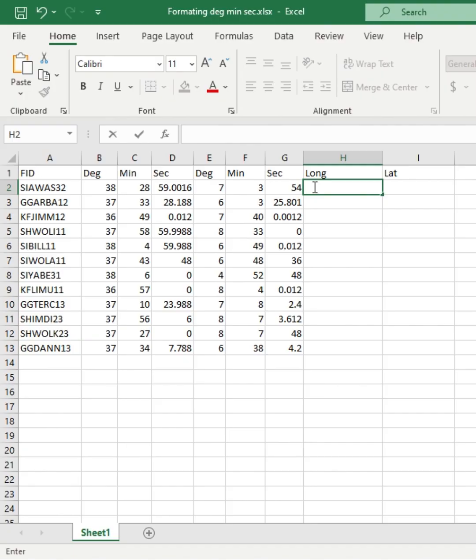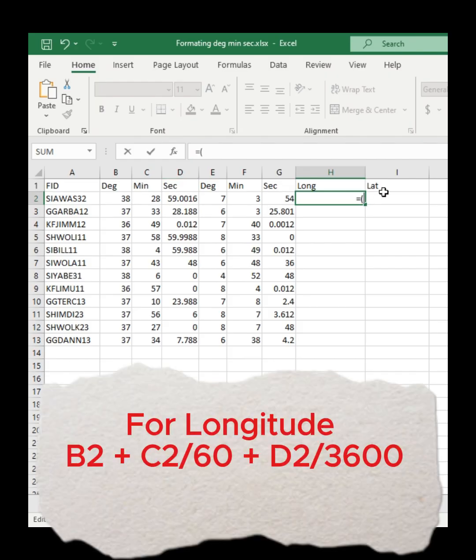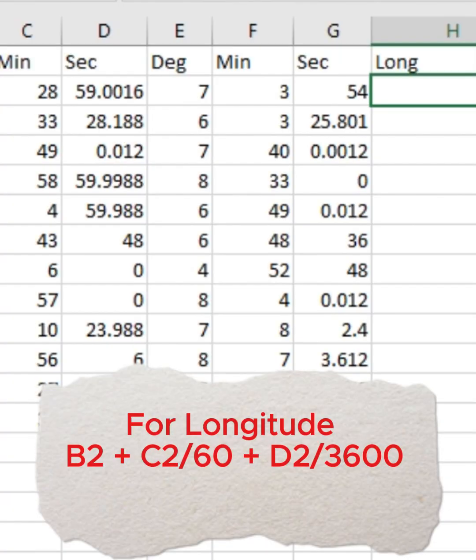In order to manage this task, if we have more than 10 or 20 coordinate items with latitude and longitude values, we have to use an easier approach, like using a simple formula in Excel. Okay, I can use the equation